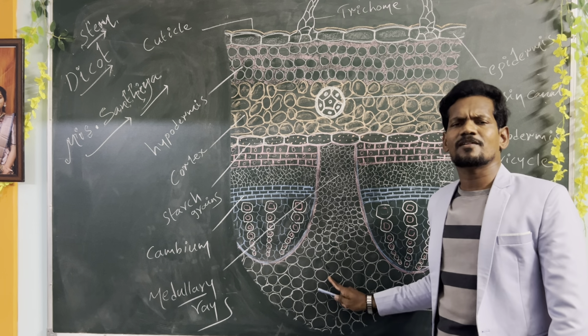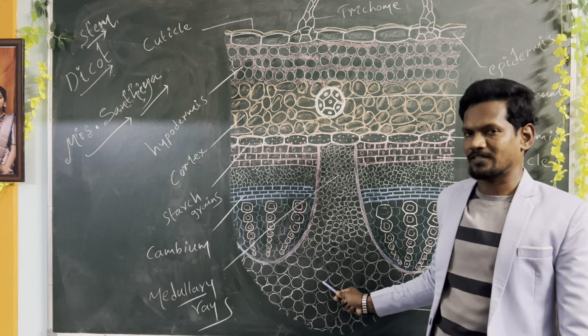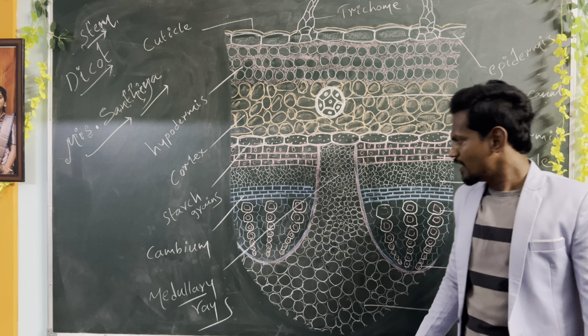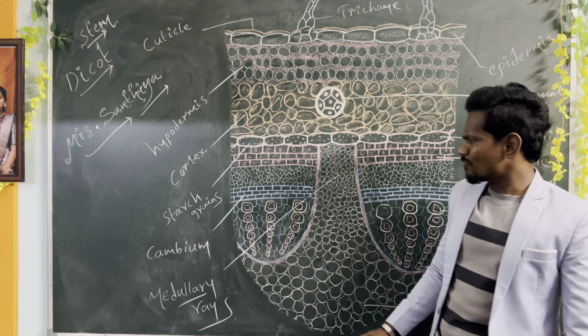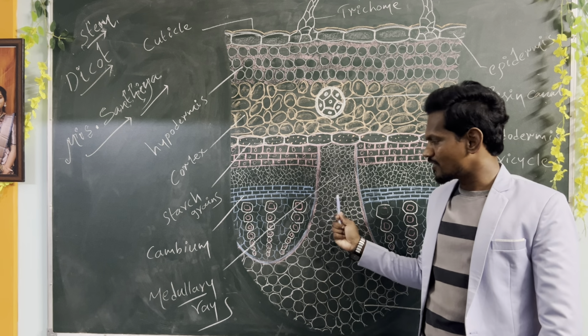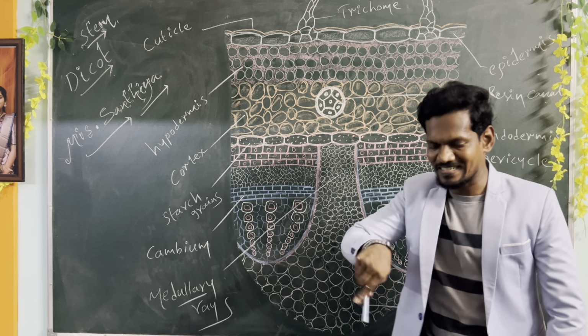The huge, well-developed parenchymatous tissue arrangement is known as medulla or pith. It is well-developed. The main function is storage of the food material. And then, sir, what is this structure? From the medulla, special cells are extended between vascular bundles. Nothing but, dear students, from the pith or medulla, the extension of the cells, this structure is known as medullary rays. These medullary rays help in the lateral conduction